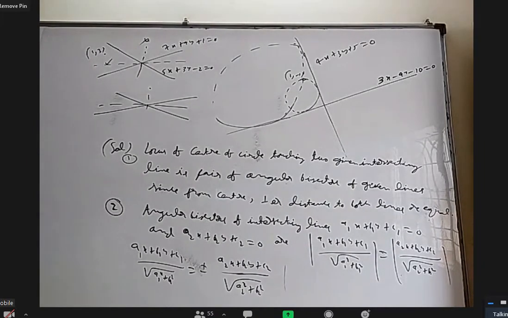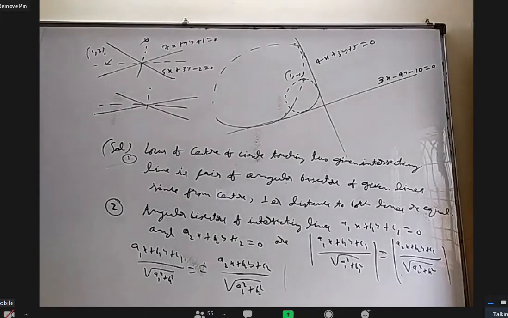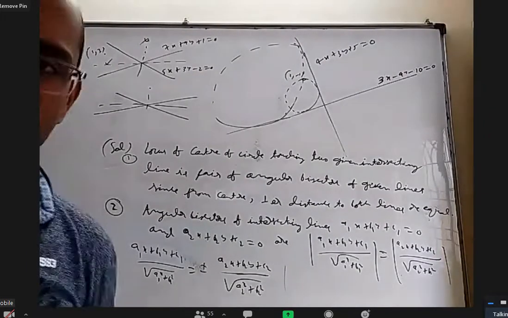Of course, we can explain that by using vectors actually. Why that A1 A2 plus B1 B2 is actually the dot product of these two normals, and we can give some explanation. Frankly, I don't want to remember that formula. What I do is I'll find both the answers. After that, how to decide which one is acute, which one is obtuse is 2 methods.